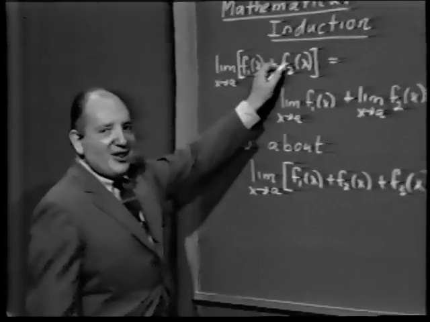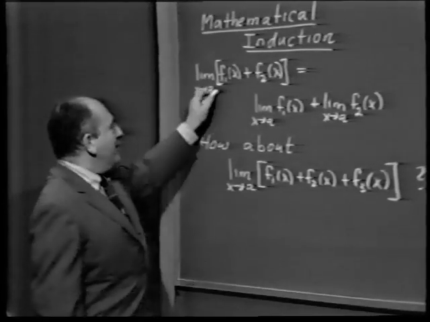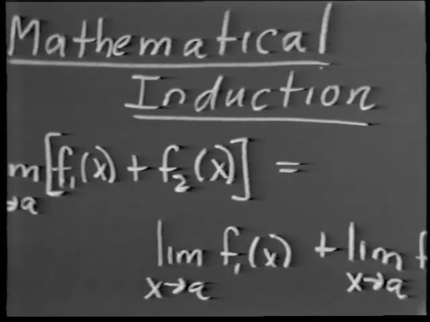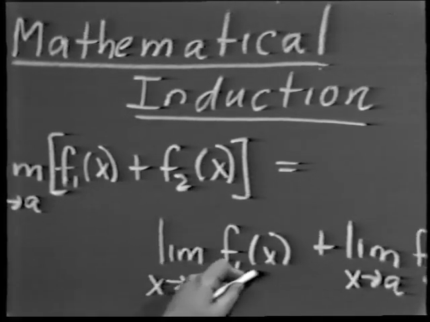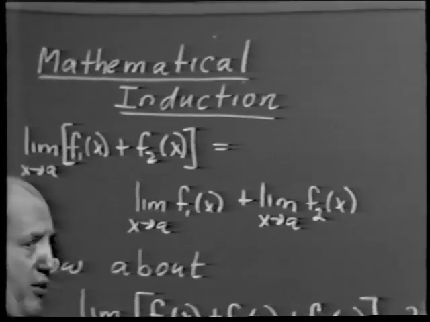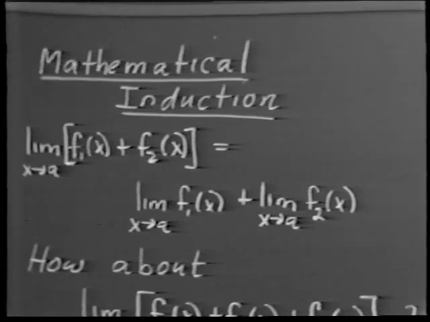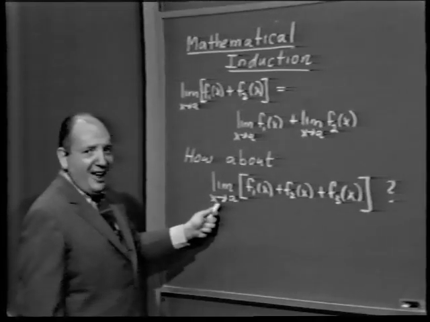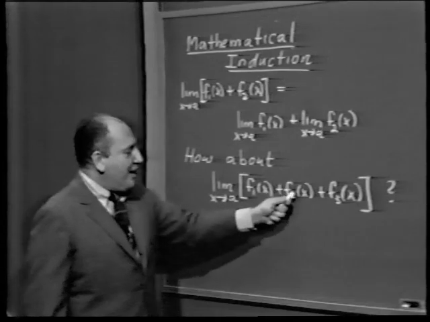just what the concept means. Recall that in an earlier lecture we have proven that the limit of a sum is equal to the sum of the limits, provided, of course, that there are only two terms in the sum. That is, if we have two functions f1 and f2, the limit of f1 of x plus f2 of x as x approaches a is the limit of f1 of x as x approaches a plus the limit of f2 of x as x approaches a. The question now is, how about the limit as x approaches a of f1 of x plus f2 of x